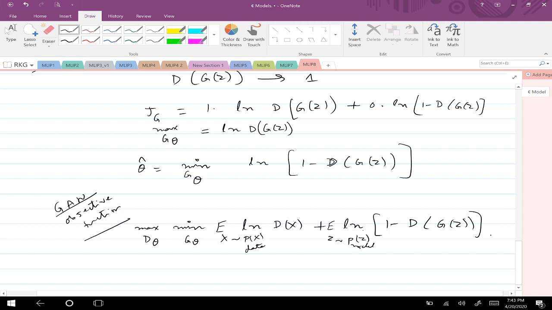So what we are trying to say is, we take many real samples from the data distribution. We generate noise vectors or noise samples from the noise distribution and give them as input to the network.